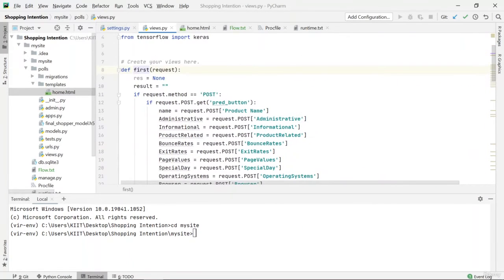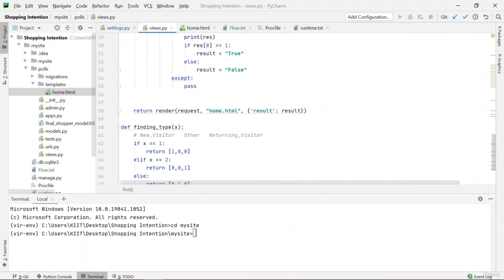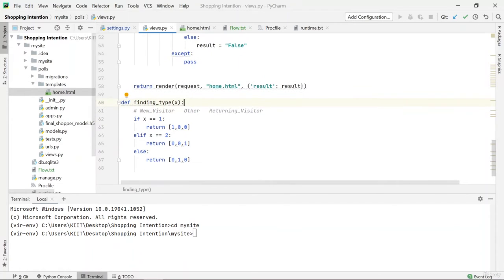And you can see that this function is actually rendering an HTML page. So a function that is rendering an HTML page is specific to that page itself, and all of that data that comes and goes through the front end is handled by this function only. Now the second function that I built is just a helper function. Since it is not taking request as its parameter, that means that this function is not handling any of the pages, not rendering any of the pages, just used to manipulate data only.